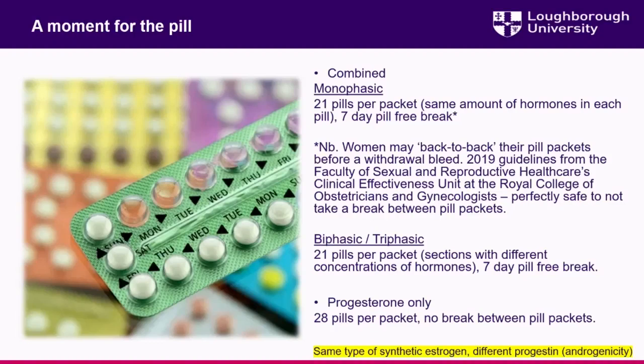So every pill is identical in terms of the amount of estrogen and the amount of progesterone that it delivers. This form of estrogen is typically ethinyl estradiol, but the form of synthetic progesterone can vary from pill to pill. Now in the literature, there's a call to use a homogeneous form of contraception throughout. They want you to use a specific type of pill, so that might be the combined pill, a specific preparation, which might be monophasic, and even within that, because there's variability in the progesterone type and concentration, there's a call to narrow it down even further to isolate that.